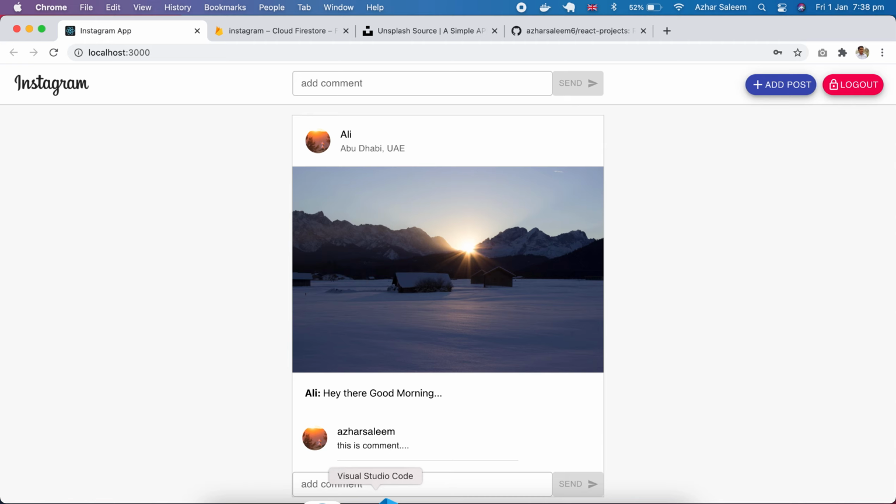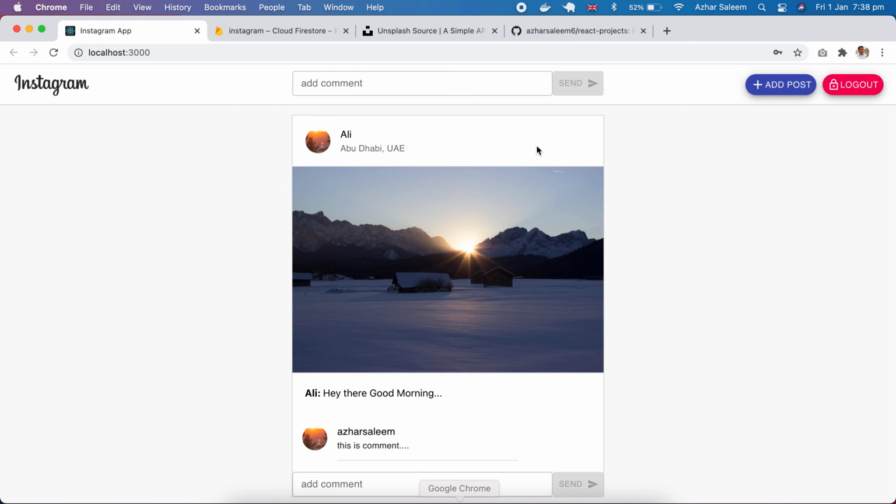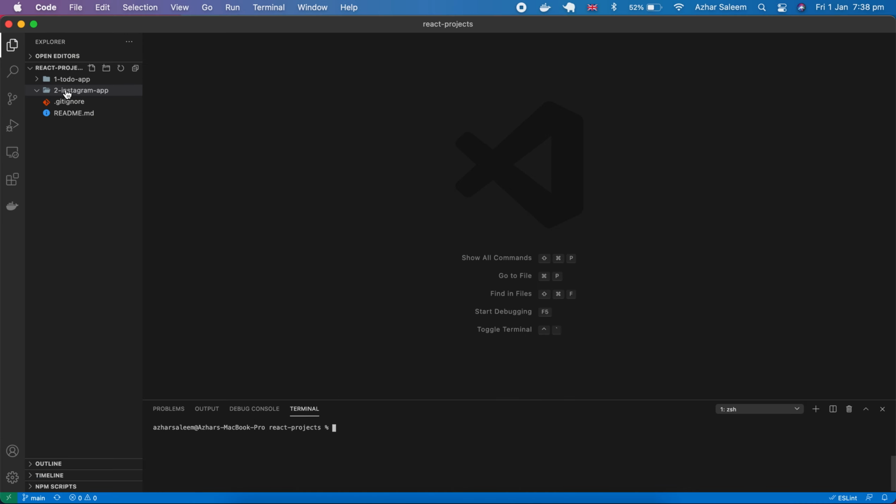So let's start. Here I pulled down my repository from GitHub and this project I will upload here in my GitHub React projects repository. So inside the second this app folder, let's see, here we have Instagram app folder, change directory,